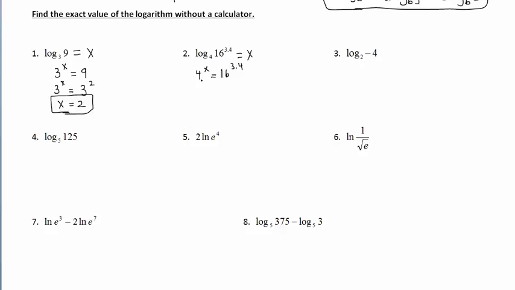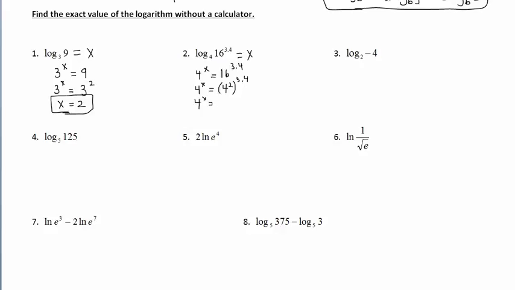Well, I see that 16 can be rewritten as a power of 4. So bring down 4 to the x equals, let's go ahead and rewrite 16 as 4 squared. So I'm going to change 16 to 4 squared, but remember I still have an exponent of 3.4. Okay, a little more work. Bring down 4 to the x equals,